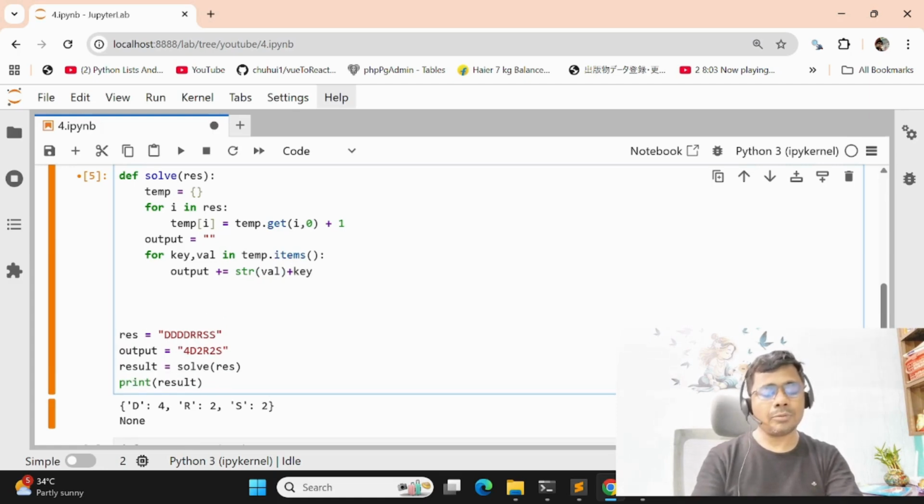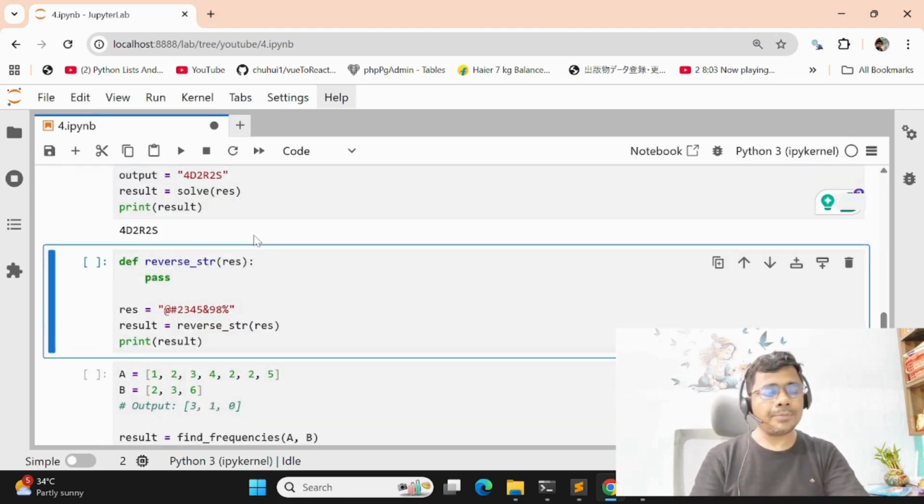Then return output. The output will be 4D 2R 2S. I think you understand.